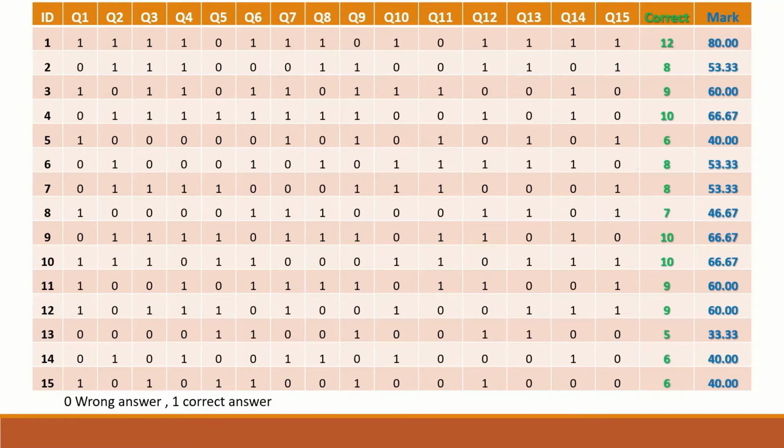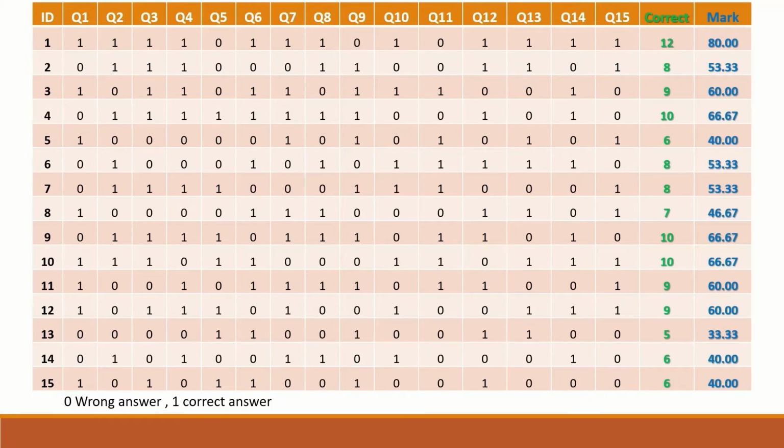Then, by adding all the question scores for each individual student together, we divide them by the total number of questions, in this case 15, and then multiply by 100 to generate the total mark, or total score, or the percentage of the total mark, as it is given here in the blue marked values in the column